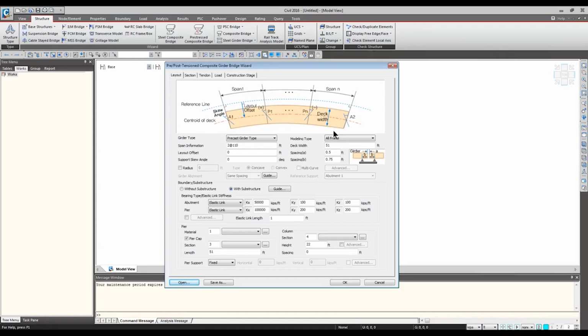So in the layout tab, as mentioned before, you can define the geometric information, the overview of the structure. What girder type is it? Precast or splice? Simply choose. Span information: how many spans do you have and how does the length vary? It really doesn't matter. Just punch in the span information as it is for your project.